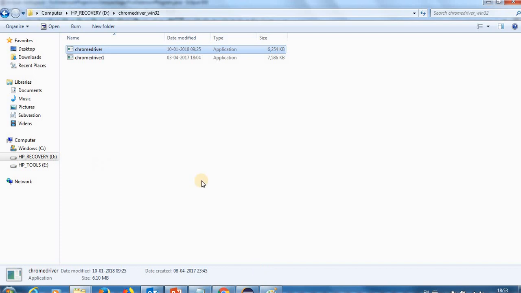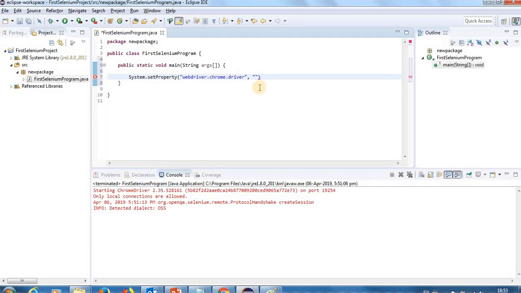Copy as path. So here my Chrome driver is placed. You have to give this path over there. Yeah. So my Chrome driver path has been set.